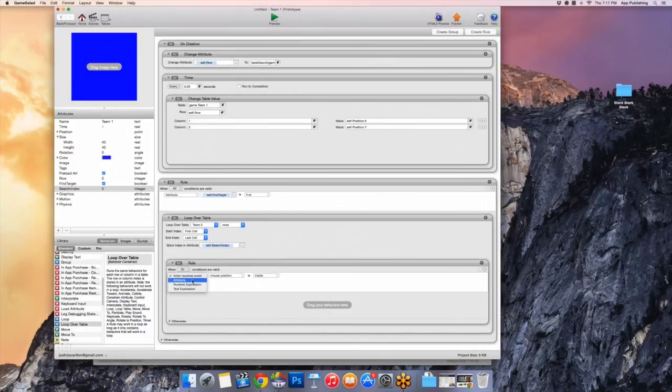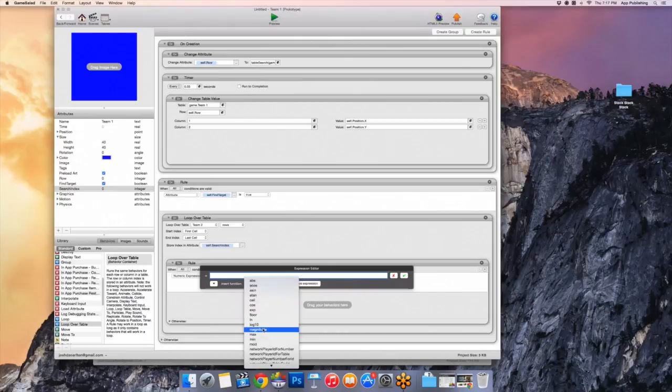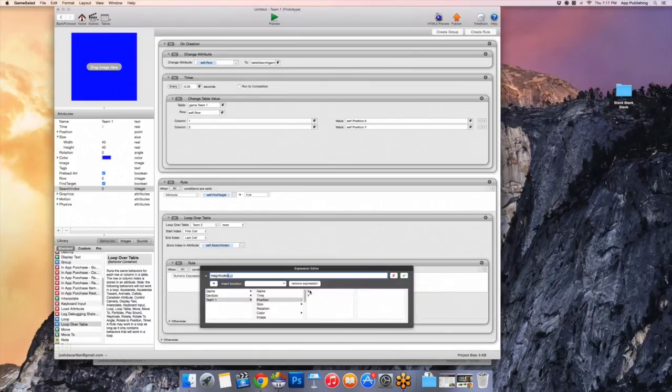And that might make more sense if we go through it right now. So we're going to actually choose numeric expression in the rule section and hit expression. We'll go down here and hit magnitude. Now we're going to plug in, this is a bit complicated, but what we're going to do is take its self x position. So it's comparing its self x coordinate to the current table x coordinate of which the enemy warrior is writing to. So self position x minus table cell value,